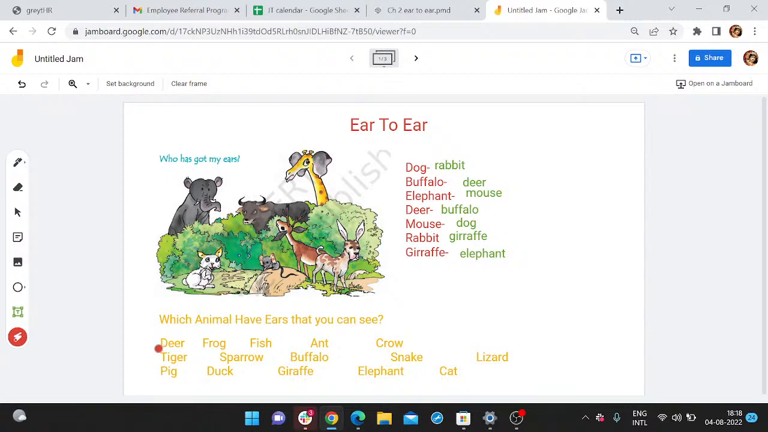ठीक है, तो let's start with the deer, और जिसके भी ईयर्स हम देख सकते हैं, हम उस पर टिक मार्क लगा देंगे, ठीक है? सो क्या कोई आंसर करना चाहेगा कि आप डियर के ईयर्स देख सकते हो कि नहीं, जैसे हमने अभी करा है, बट जस्ट फॉर द सेक ऑफ डूइंग इट।